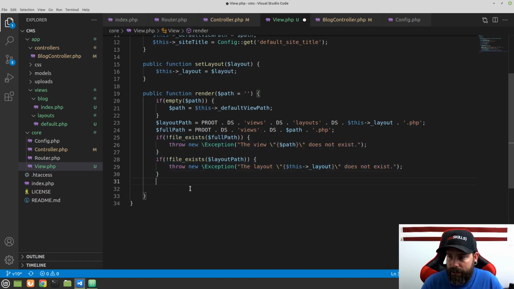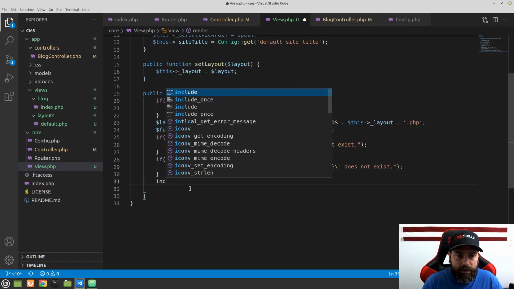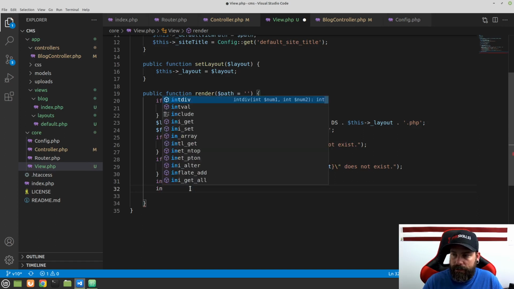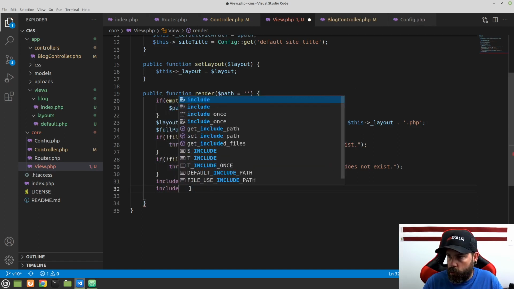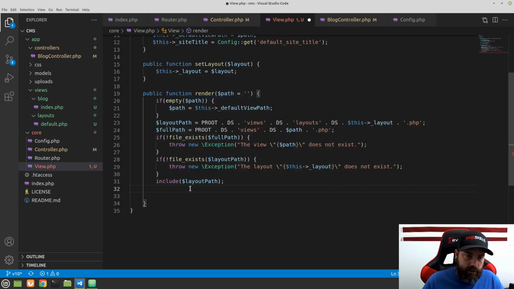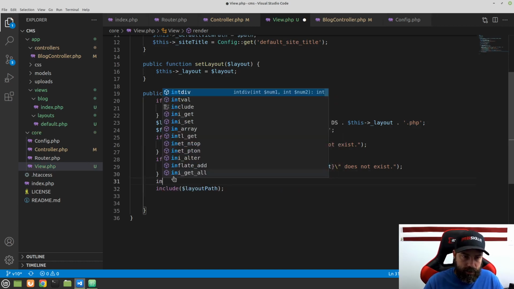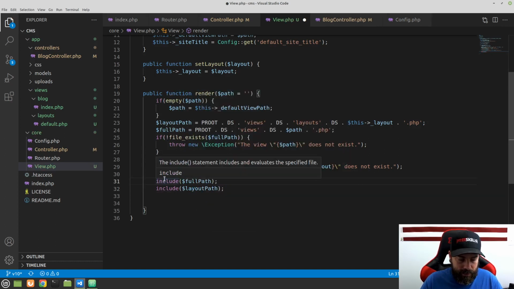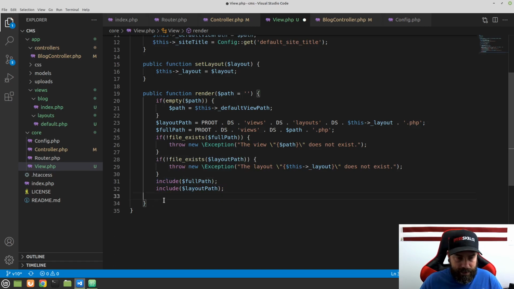The next thing that we want to do is we actually just want to include these. So we're going to include our layout first. So include layout path. The next thing that we're going to do is include, you know what, we actually want to include the full path first. So we'll do include full path. And just like we did in our first procedural PHP, this just takes whatever the contents of those pages are and includes them right here. So that's all this render function is going to do, is it's going to find the layout and the view